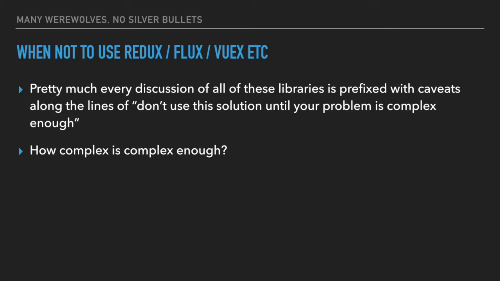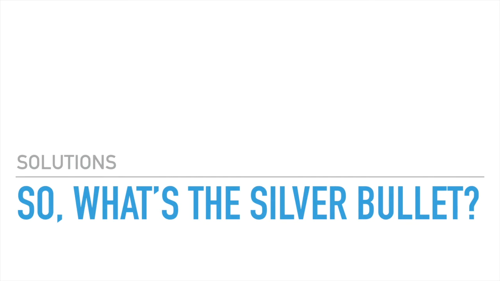It's a difficult problem, this, how complex is complex enough. And the truth is, it's complicated. It's up to you to decide, really. I think if you are building a production application and you're responsible for putting it together and deciding the architecture right at the beginning, I think you are the person best qualified to decide, does my application benefit from the addition of this library and the architectural changes and the straitjacket that it puts on you? Is it welcome, this restriction, or is it unwelcome? That's your decision.